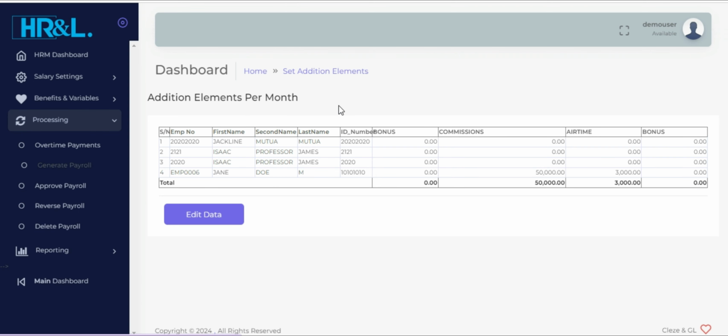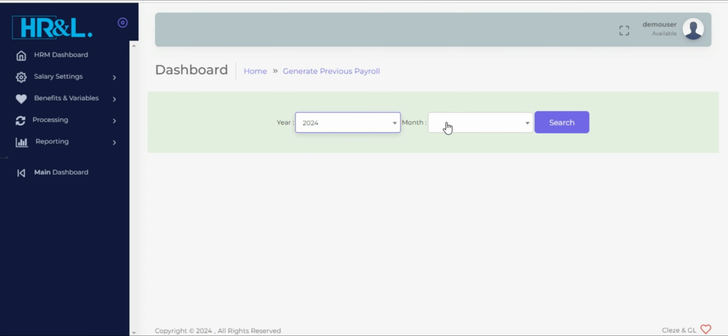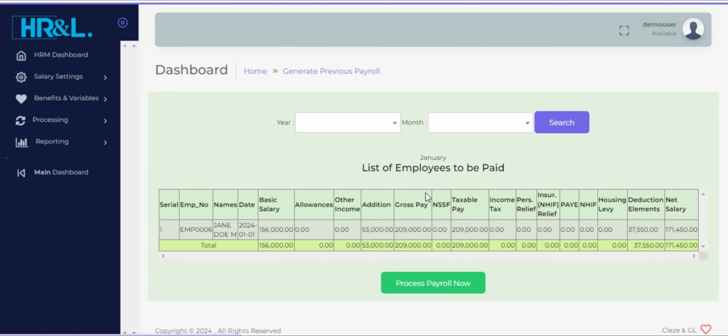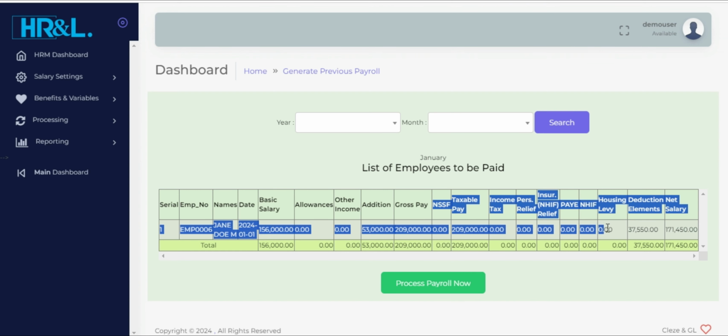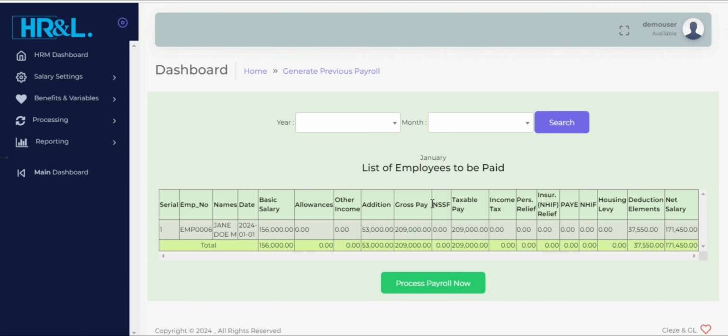So process the payroll. You just go to generate payroll, and you want to generate for year 2024 January. Search. So on the payroll, like I said, since we deactivated everyone else, we can now see the payroll set. But these deductibles, you can see they are zero. They are zero, right? So which means that there's something that we have not yet set, and this is called